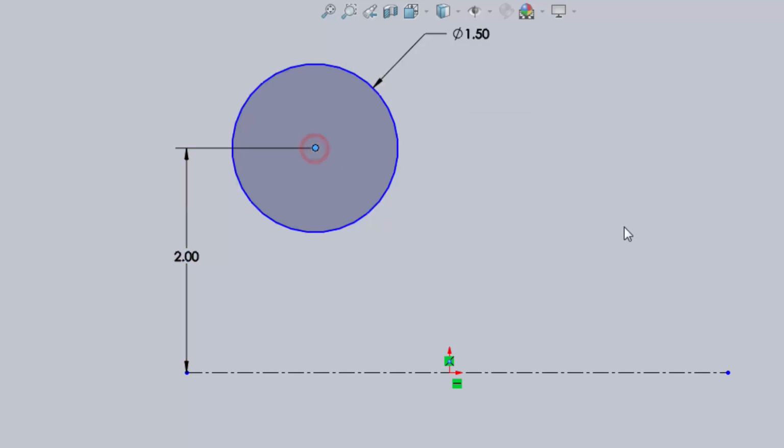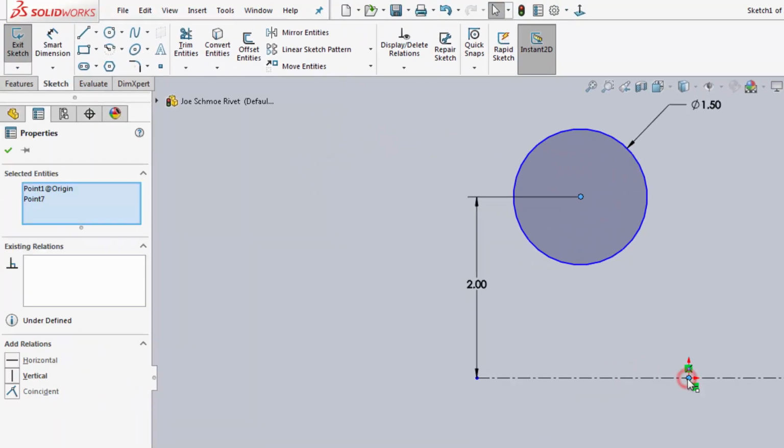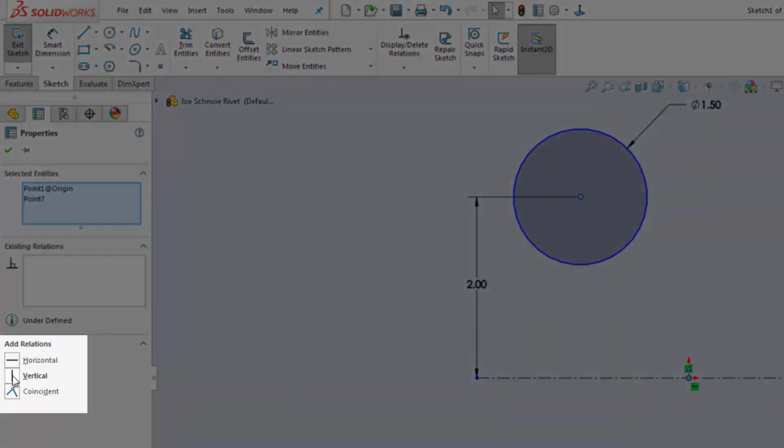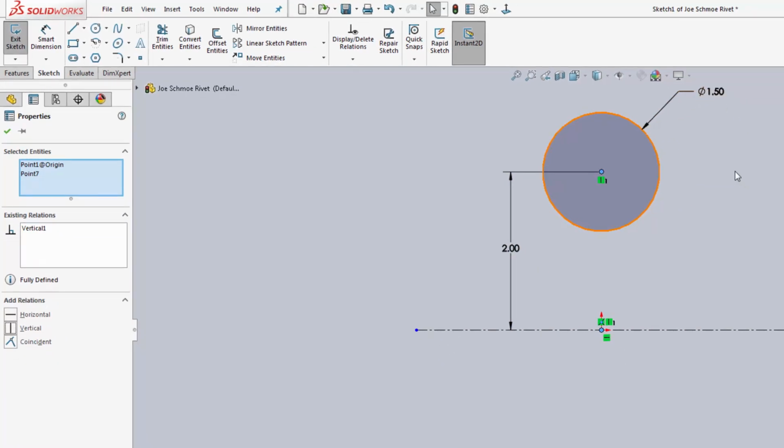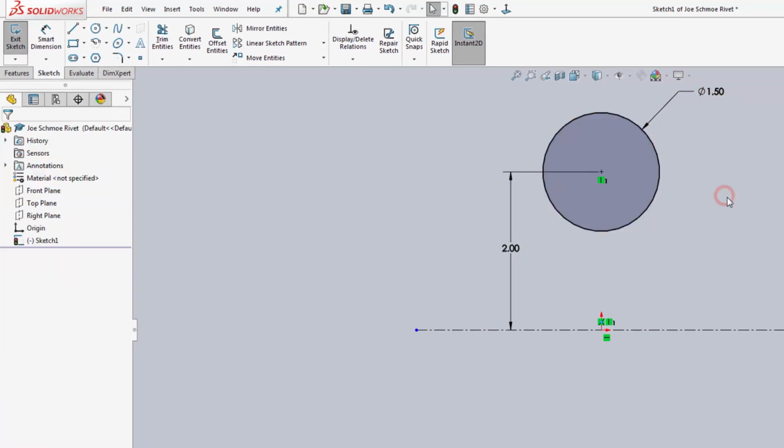We're going to click here, just once, hold the control key down, click on the origin, and then we're going to tell it to vertically align them. If I click here, now they're vertically aligned. We know this point is directly above this point, and we know how far, 2 inches, and we know how big it is, 1.5 inches. If we got rid of any one of these things, then the sketch would turn back to blue